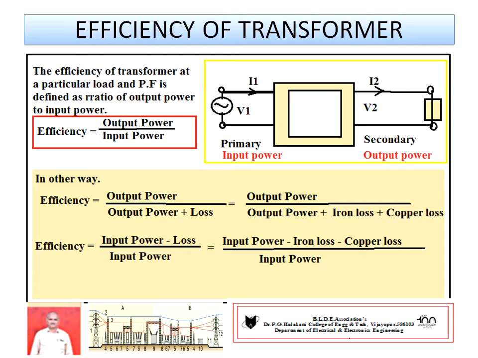Respectively, V1 is the input voltage, I1 the input current, and cos phi 1 the input power factor. Hence input power equals V1 I1 cos phi 1. In the same fashion, V2 is the secondary voltage, I2 the secondary current, and cos phi 2 the secondary power factor. So output power is V2 I2 cos phi 2. It is already known in an AC system as VI cos phi.